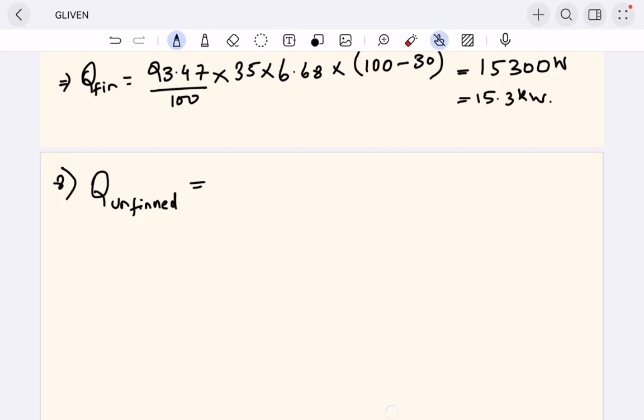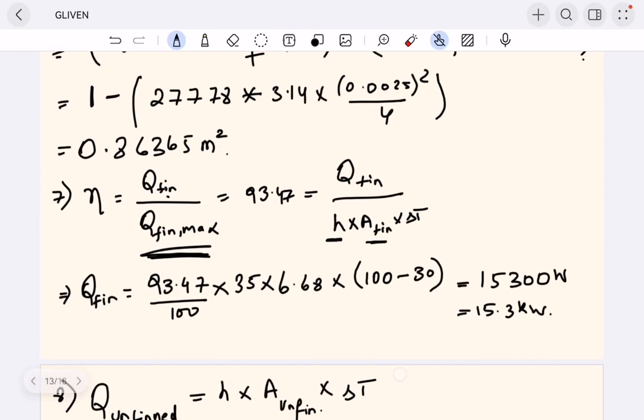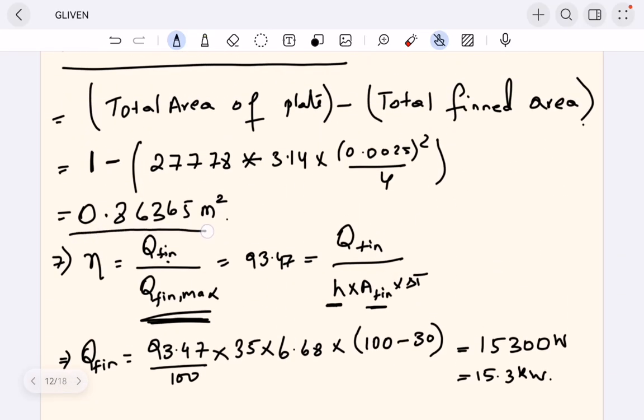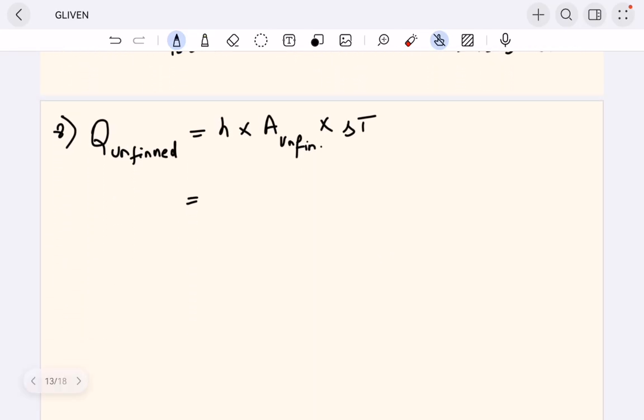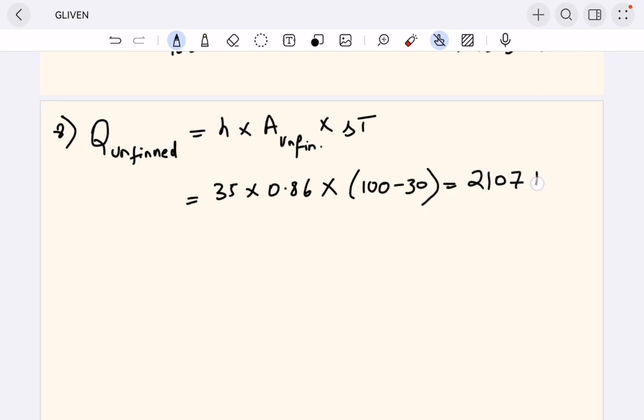So that is h times the unfinned area times delta T. Now the area without the fins I have calculated, it's 0.863. h I know, so that is 35.0 times 0.86 times 100 minus 30. So the unfinned area is giving out